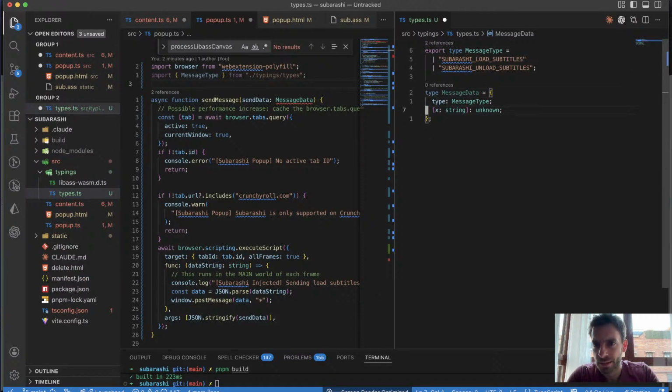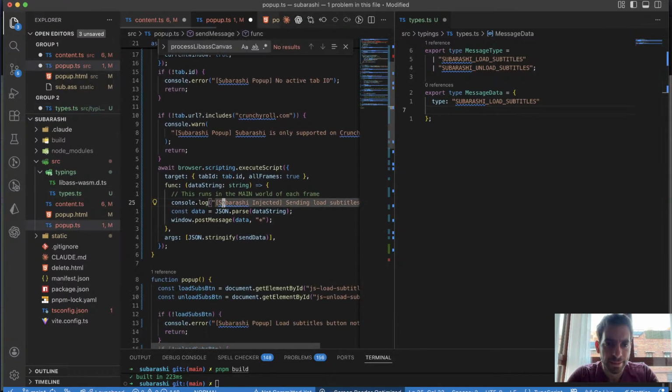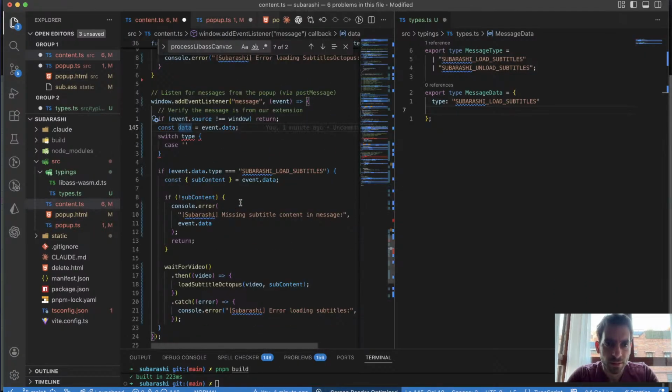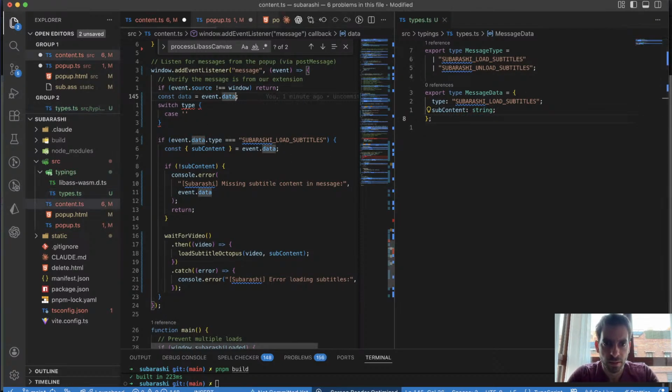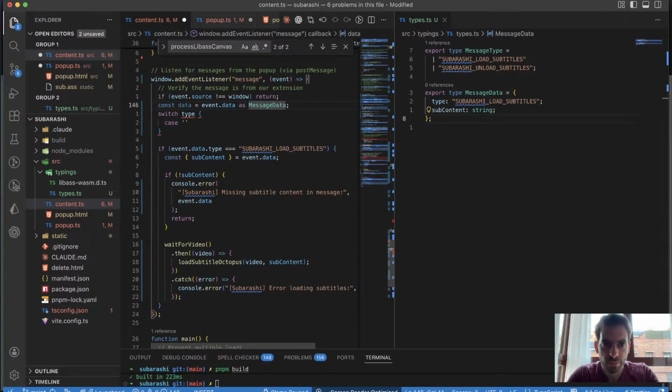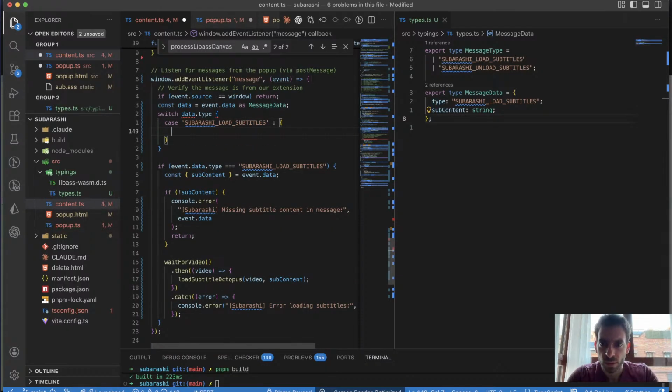Let's type it. Then we export type MessageData, and we're gonna do the type Subarashi load subtitles. And we're going to have a, what are we expecting in here? Sub content is going to be a string. And I'm gonna have MessageData, data.type, and in case is Subarashi load subtitles, I can have